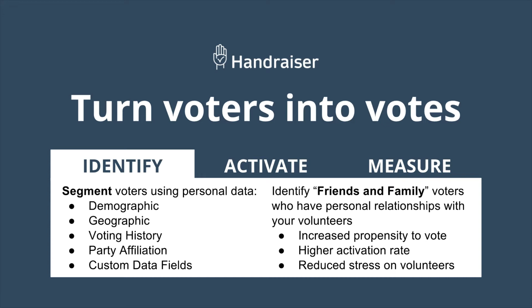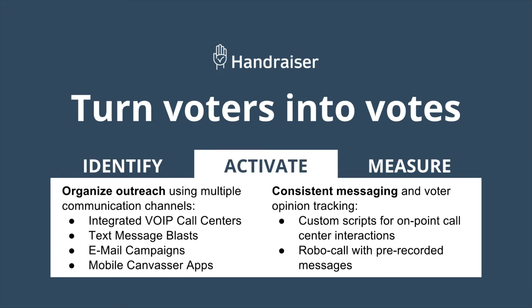And we enable your volunteers to identify friends and family voters, which we find are 25% more likely to turn out to polling stations compared to the general population of voters. In addition, we empower you to activate those voters through the use of voice over IP calling, mobile canvassing apps, text message, and email messages. Your messaging will stay consistent through the use of a single tool, and with custom scripts, your volunteers will never